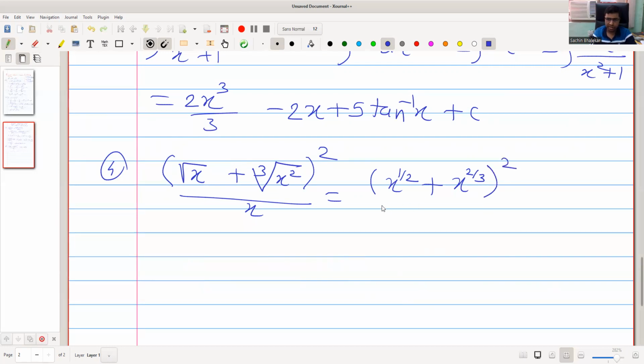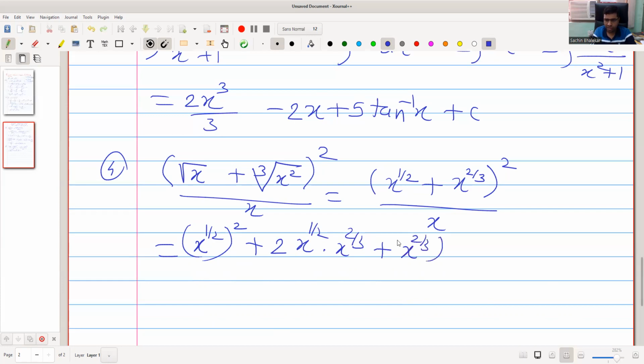This bracket squared divided by x is now of the form (a + b) squared, and we can expand and get a squared plus 2ab plus b squared. So it is the square of this. The square root of x squared will be x, plus 2 times the product of these two things, x raised to 1/2 and x raised to 2/3, plus the square of the second thing, x raised to 2/3 squared,